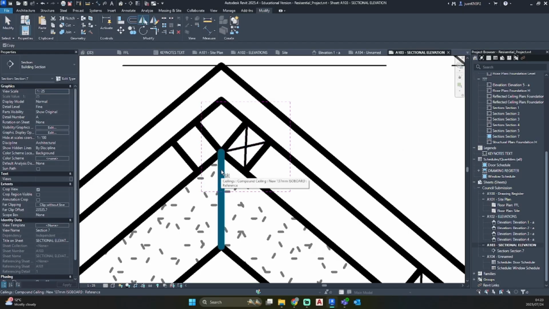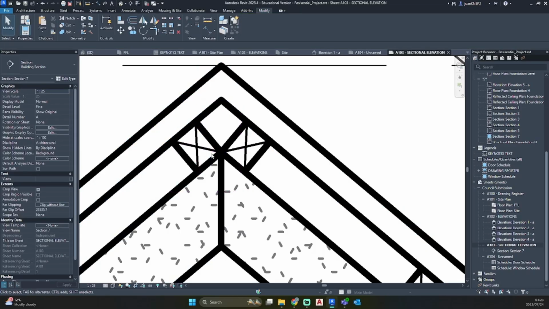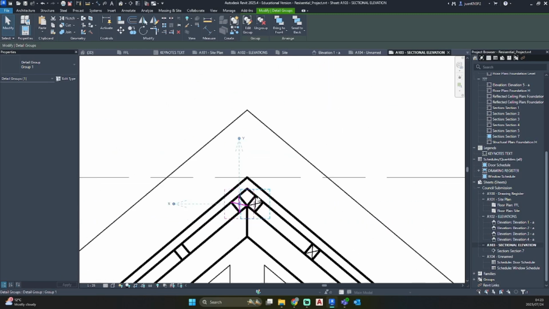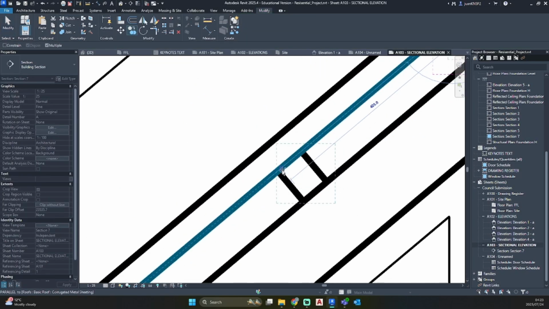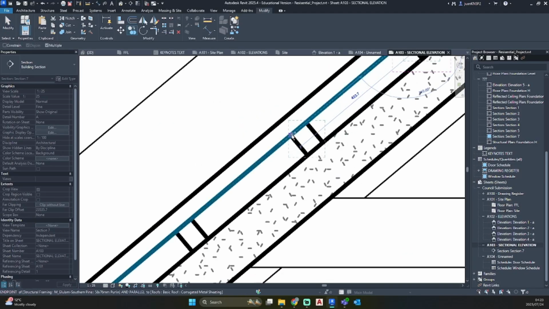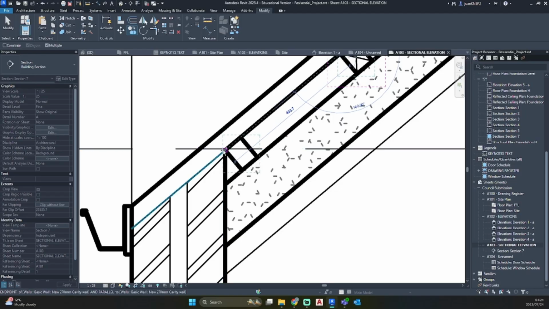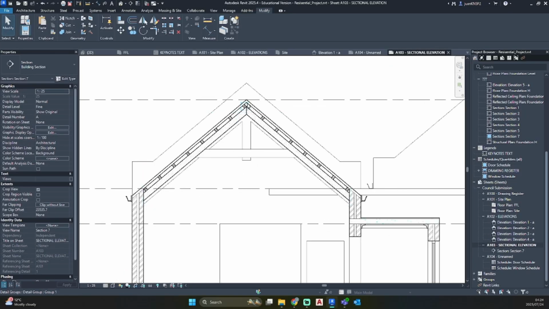And just click on this because we know that's the center line and it will be in the correct position. So now I want to copy this to the rest. I'm going to go CO. And there we have a nice purlin finish.